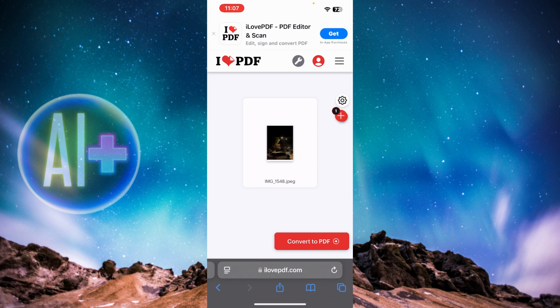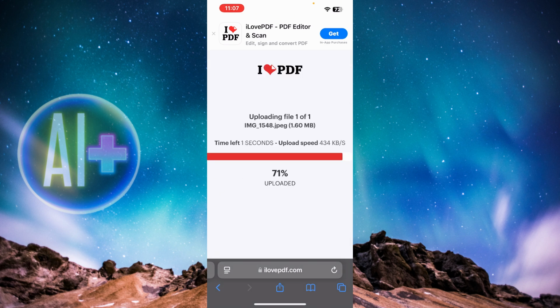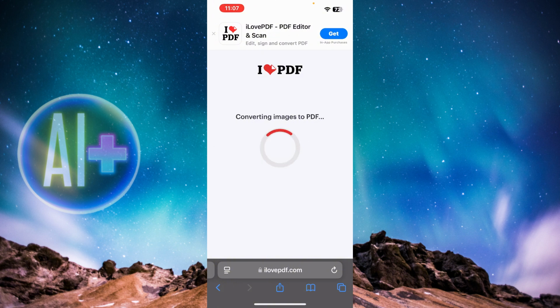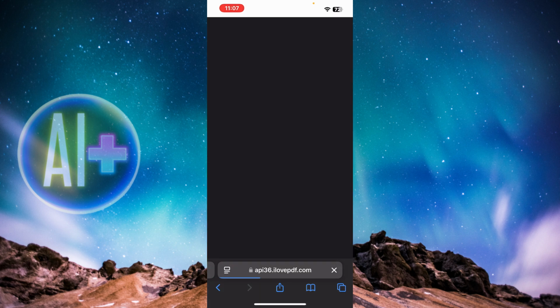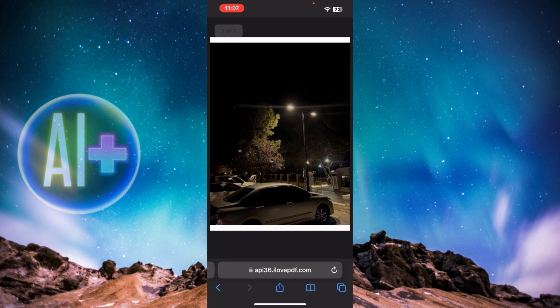Here as you can see, I'm just gonna press convert to PDF and it's just gonna upload. And here as you can see, now you just gotta go ahead and press download PDF. And here we are. Once the PDF is loaded in, just go ahead and press on the share icon in the middle